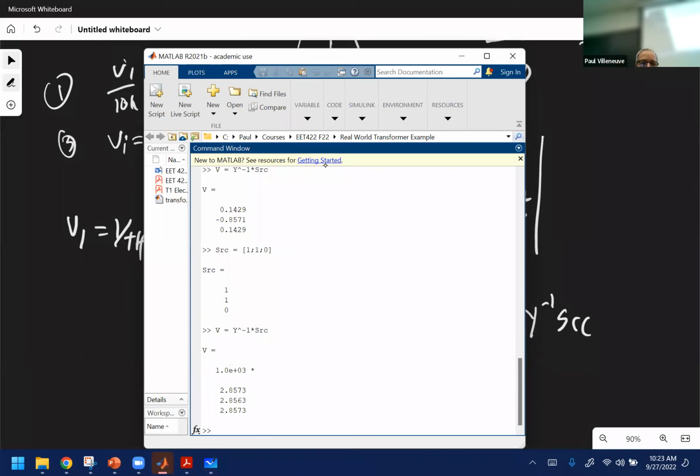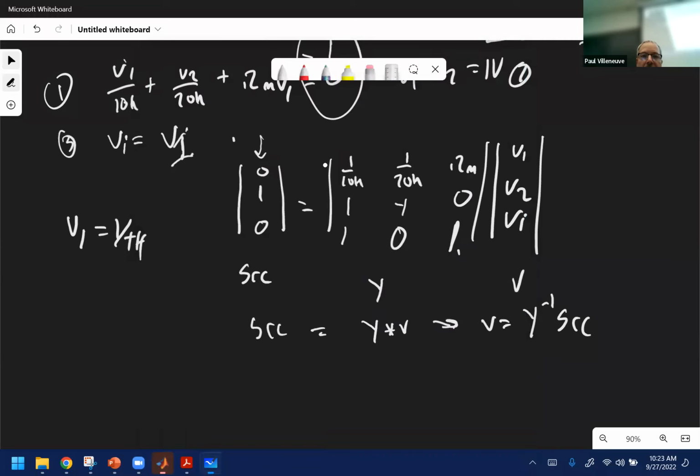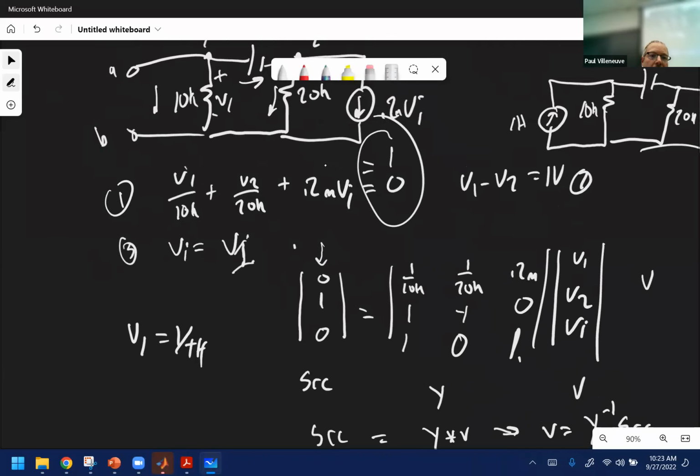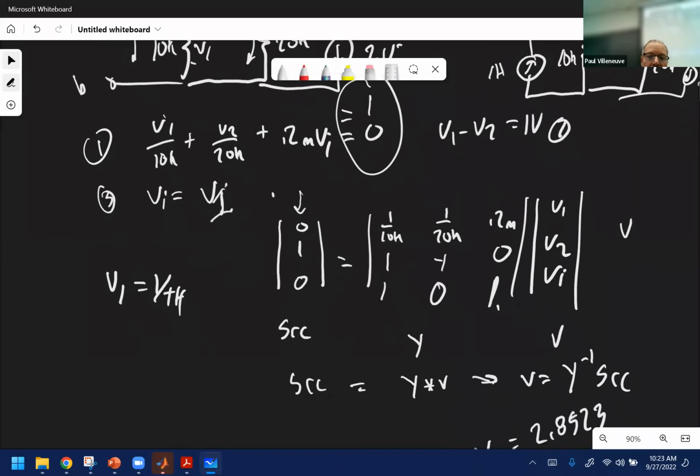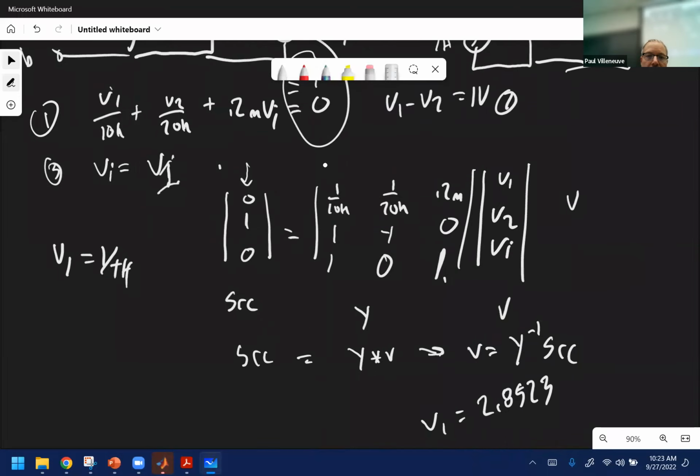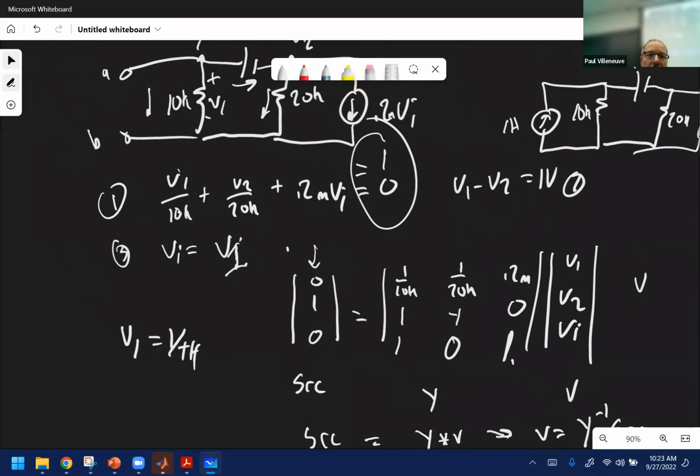Now I've got my voltages. V1 in the second case is equal to 2.8573. I've got my voltage. Wait a minute. Why am I struggling with this? I've got my